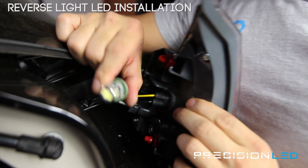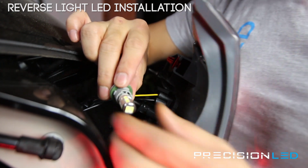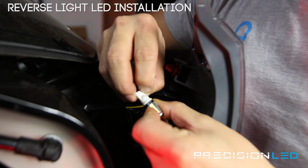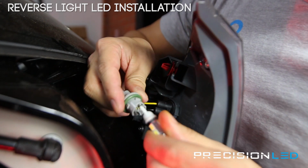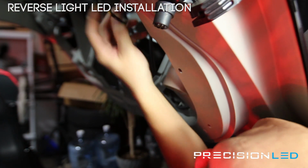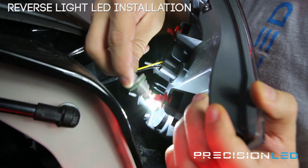Now before we reinstall everything, you want to make sure it works. We're going to put the car in reverse with just accessory power on. Okay, so this one doesn't work. And what you'll notice is these have these open wire leads. You want to make sure they're pushed out to the side to make sure they make contact inside this housing. Oh, the power cable here is undone, so let me put it back in. I'm pretty sure that'll fix it. Yeah, there you go. Now it's working, and we'll plug it back in,